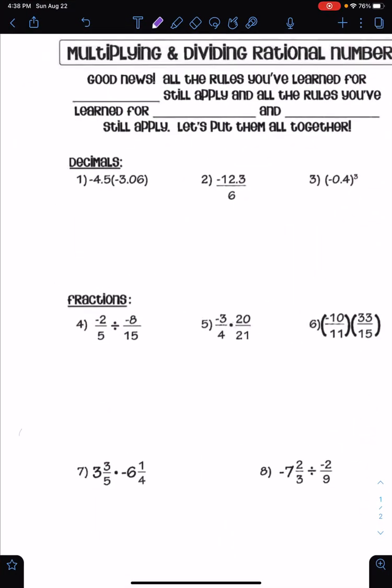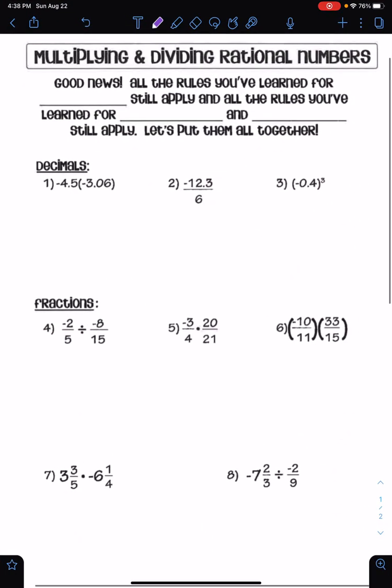All right, guys, today we're going to be talking about multiplying and dividing rational numbers. We're doing this before adding and subtracting rational numbers simply because it's easier. So it says good news, and this is great news. All the rules you've learned still apply for two things: